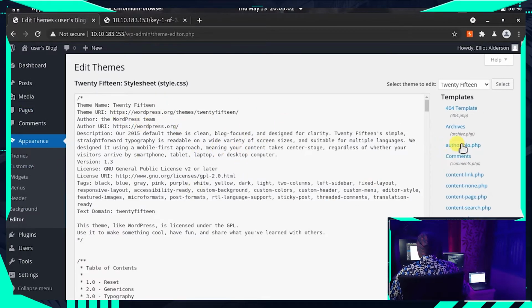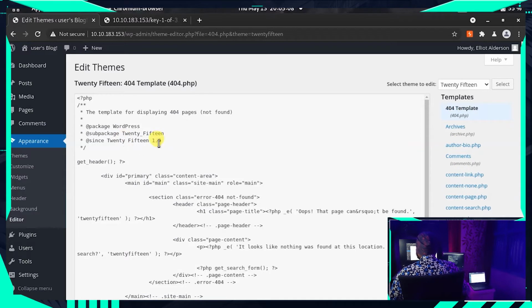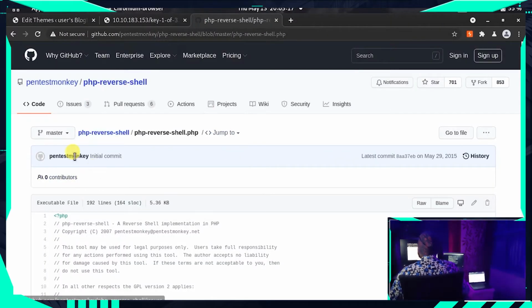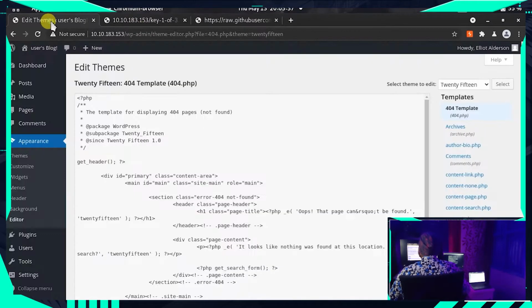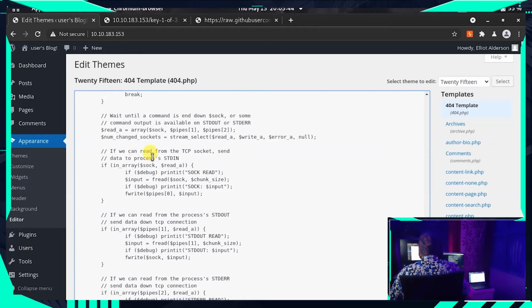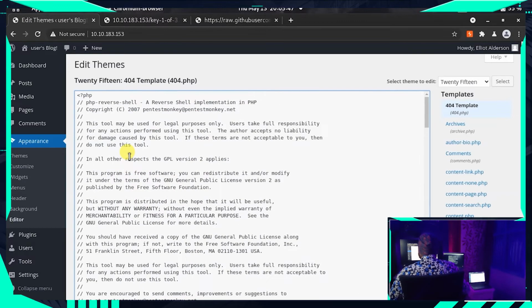You can see here there are a few PHP scripts, and in this situation we can run a PHP reverse shell and get connected inside the server. To do that, I have given a link in the description. There is a good repository from Pentest Monkey, where they give really good reverse shell scripts from Python to PHP. Let's copy paste the script inside the 404template.php file, and you need to make a little change in here.